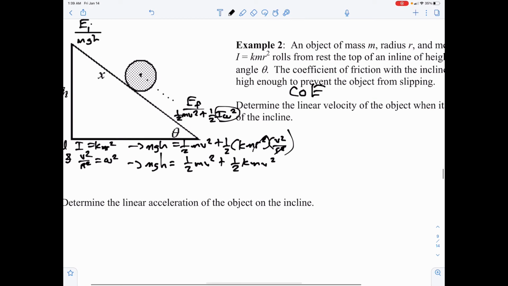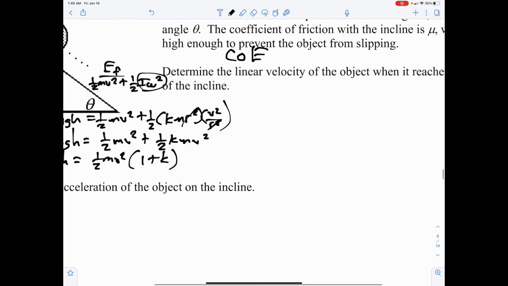And if I do that, I get mgh equals, factoring out the 1/2 mv squared, I'm left with 1 plus k left over. Okay, now I need to essentially solve this equation for v. So to solve for v, I'm going to multiply by 2, and then divide by the 1 plus k. So v